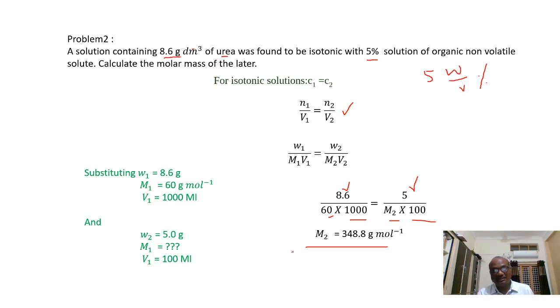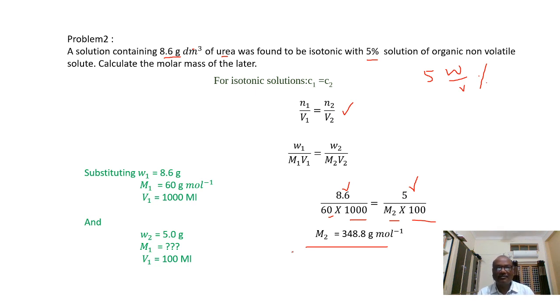Then we discussed reverse osmosis. When we apply pressure more than the osmotic pressure on the solution side, the solvent molecules move from solution to solvent through the semi-permeable membrane. That phenomenon is called reverse osmosis. Next, we discussed isotonic solutions: the solutions which have the same osmotic pressure. And for methods to determine osmotic pressure, we saw the Pfeffer method and the Berkeley-Hartley method. Then we solved the problems.